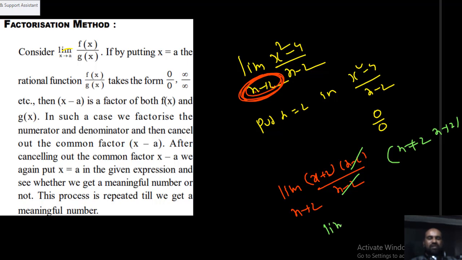So after that, what happened? The limiting value of x plus 2 where x is tending to 2. Now substitute again x equal to 2. If you get a finite value, that finite value is the limit. If you again get 0 by 0 form or infinity by infinity form or any other indeterminate form, you will need to factorize again. Okay, x equal to 2, that is 2 plus 2, 4. Directly we can say that the function is tending to 4.